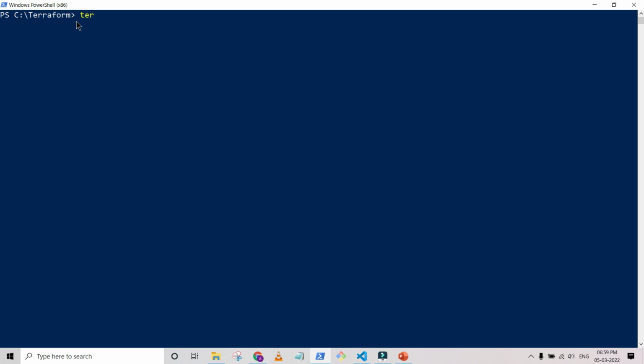So let's validate the code as well. Terraform validate. The formatting step is not required because we are using VS Code and it's already formatted automatically, because I already downloaded the supported Terraform plugin for VS Code. Now I'm going to use terraform plan. As per the plan, definitely the three resources will get created as per the code we provided, but